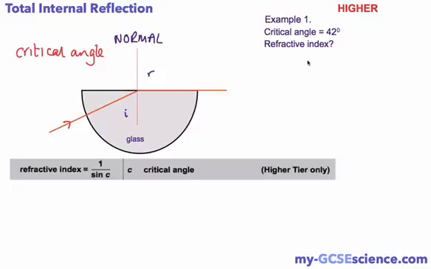So we have refractive index equals 1 over sine c. C is our critical angle, which it tells you here, and in this example it's 42. So it's 1 over sine of 42. If I work out sine 42 on my calculator, it's just a simple case of putting in 42 and pressing sine, or on some calculators you have to do it the other way around. If I find sine 42 from my calculator, I believe it's